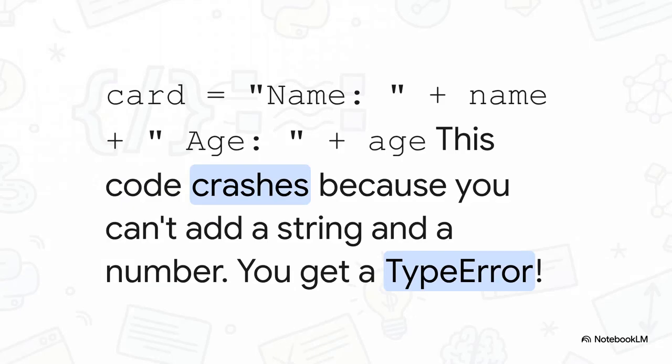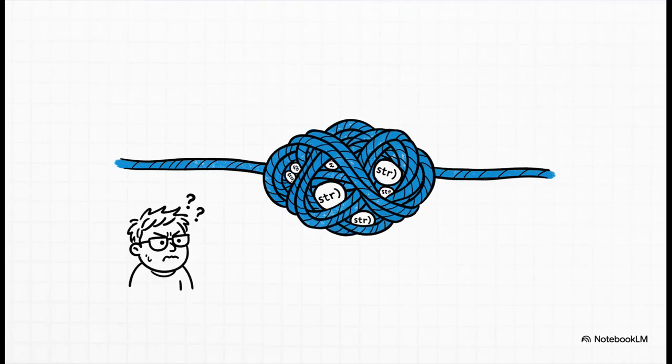This was the first way most of us learned. Just use a plus sign to stick things together. But as anyone who's tried this knows, the second you try to add a string like age to a number, bam, you hit a brick wall, a type error. It's a classic, frustrating roadblock. So what was the fix? You had to manually and painstakingly convert every single variable that wasn't already text into a string using this str function. And yeah, it works, but just look at it. If you had 5 or 10 variables, your code would turn into this long, unreadable chain of plus signs and